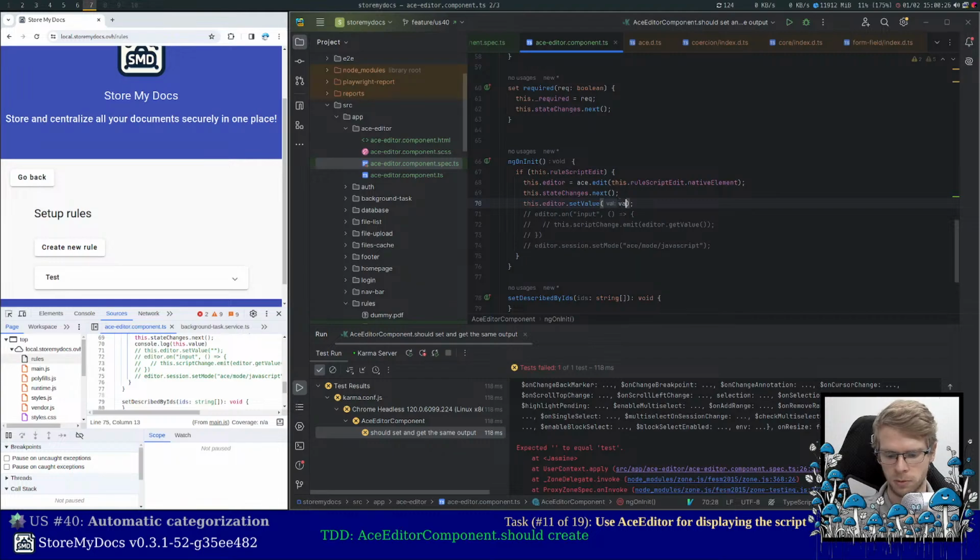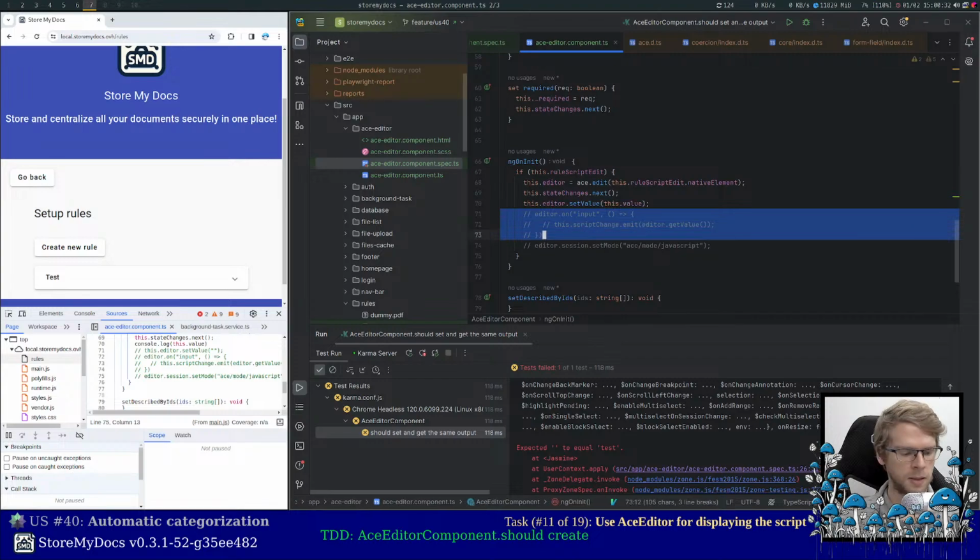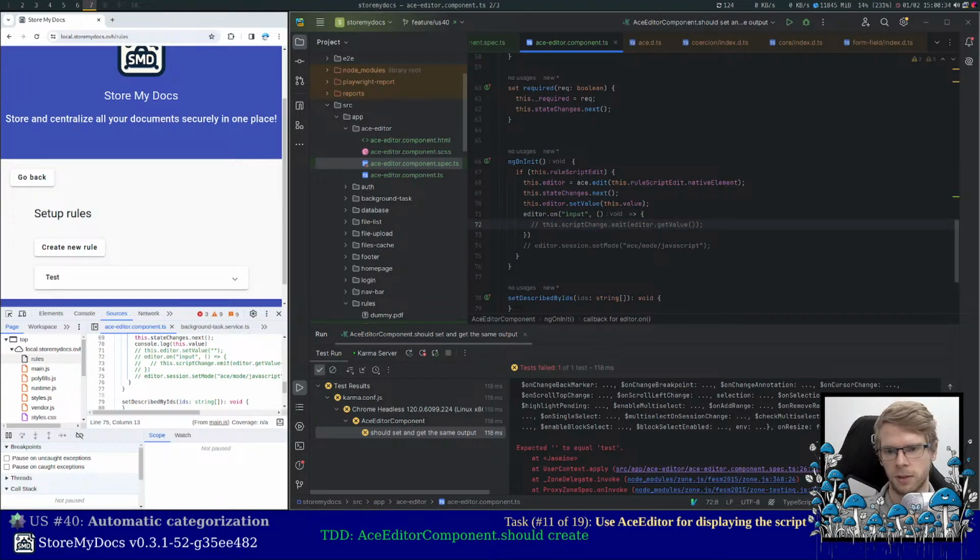Set value to this.value. And then what I have to do is every time I change the input, I have to do valueChange emit with